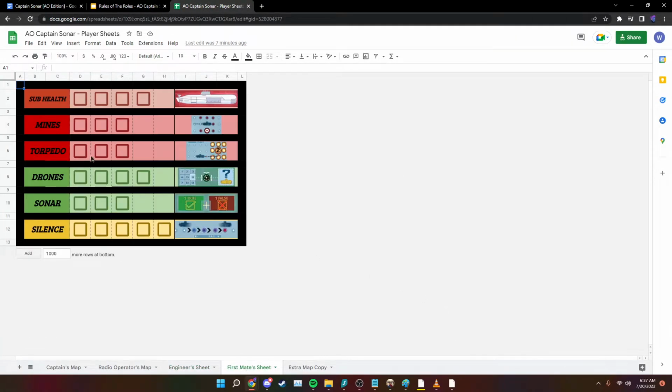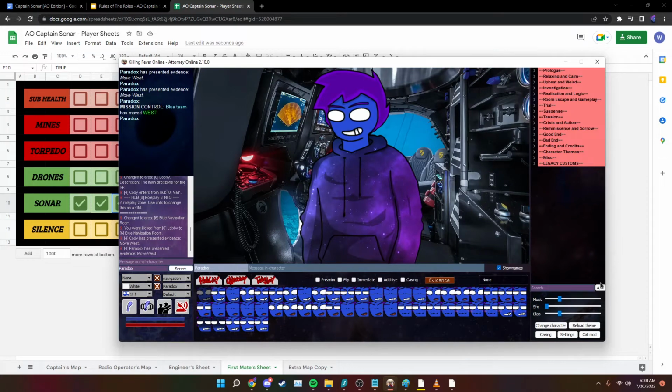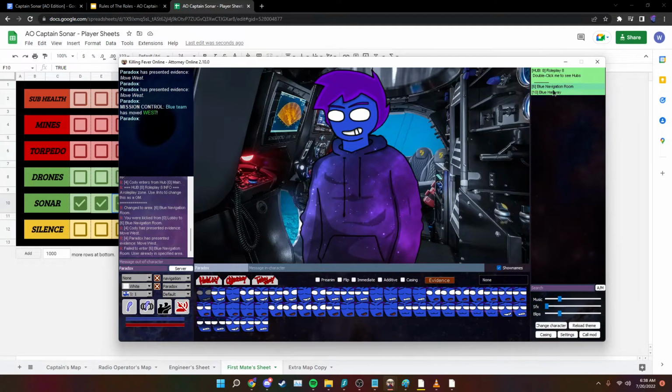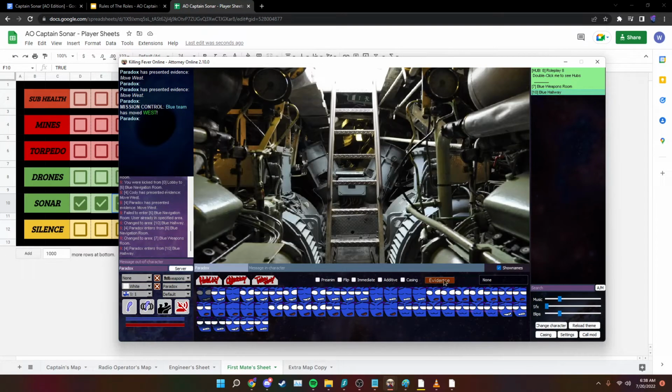On the Excel sheet I created, there's a little page here for the first mate specifically, and his job is to charge up these systems for his team to use. So, in this instance, let's say the captain has moved 3 times, and we've put these 3 charges on Sonar, like this. We move into client here. We've got our first mate paradox here. What we would want to do is go out into the hallway, go into the weapons room,